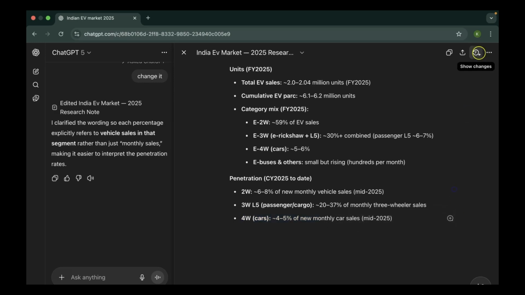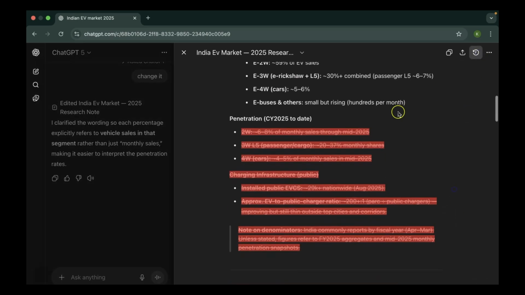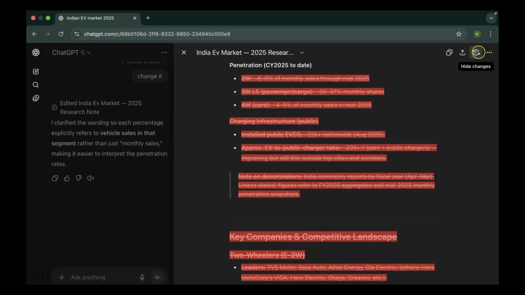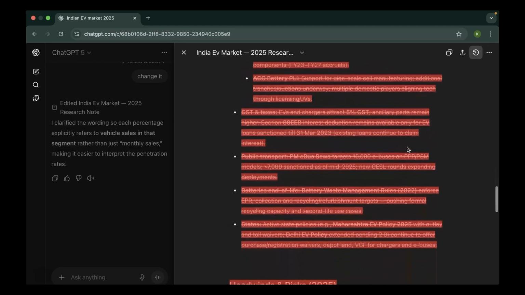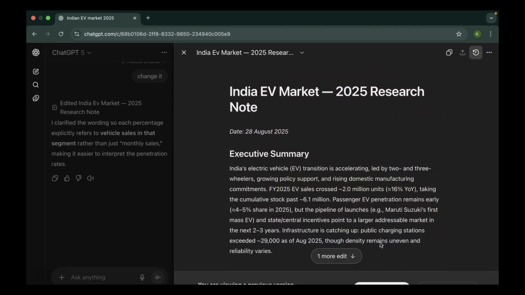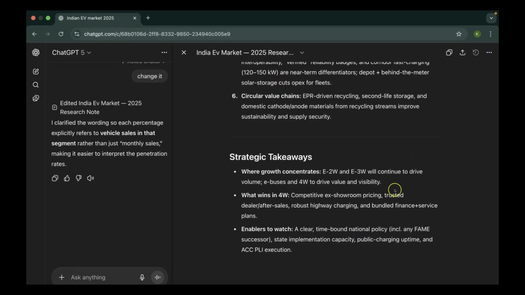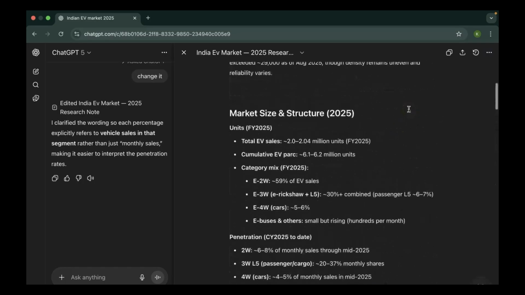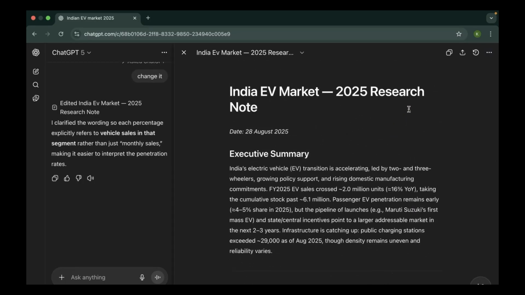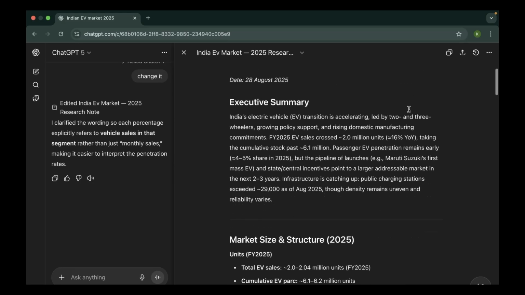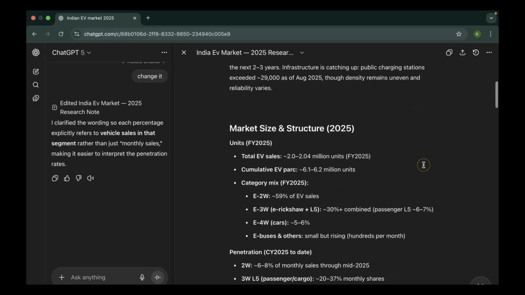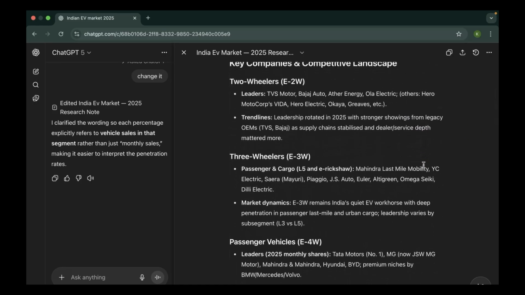So, let's go back. Let's see the changes. And if I click here, I can just see what all has changed. And I can simply go back to the previous version where everything was present. So restore this version and here I go. So any mistake that I have made while manually changing my document, I can just simply fix it very quickly. So that's really nice. And this is the power of Canvas.